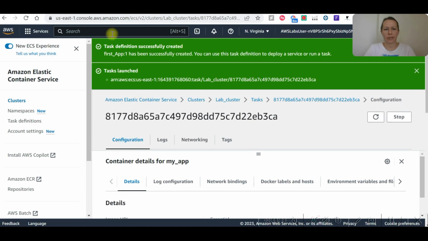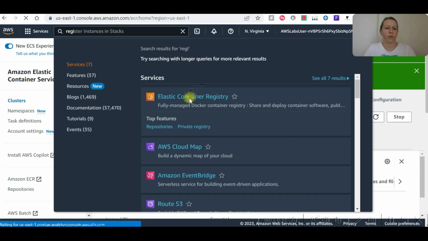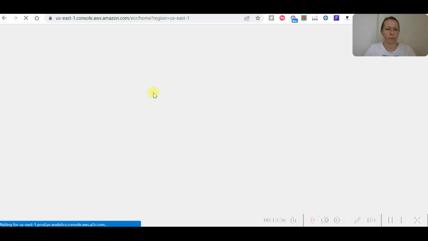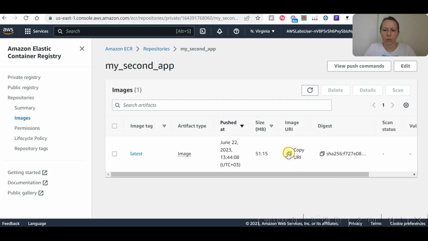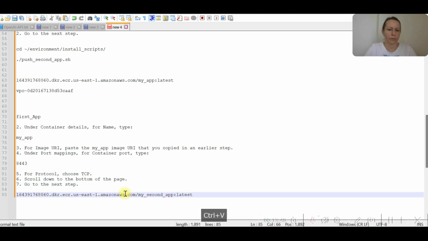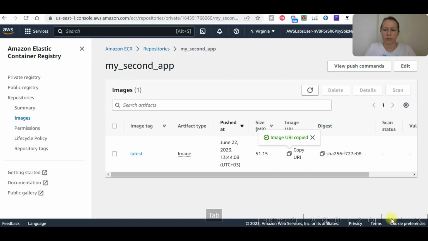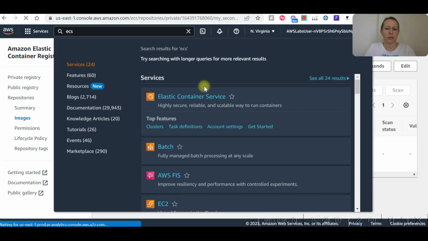So we are going to do the second one now for DIY section, and I'm going to go to registry. First task was the container registry. My second app, copy URI, and we are going to take it here. I need that. Now I'm going to use the same VPC, and I'm going to go to ECS container service,